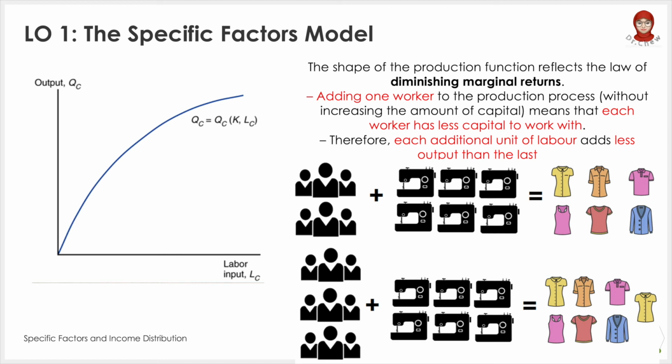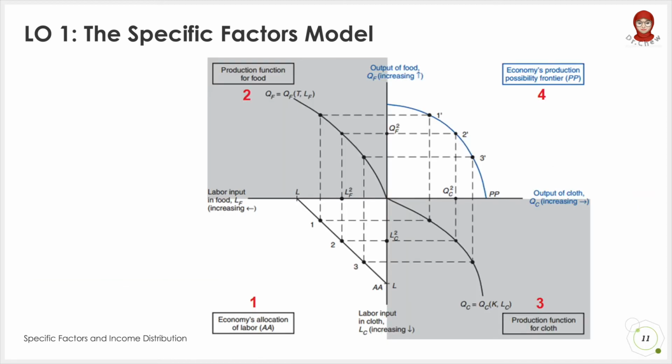A similar PPF can also be seen for food production, because without an additional supply of land, an additional worker will not be able to produce more output than the previous one. We can combine both the cloth and food PPF to see how it shows the use of production factors and the